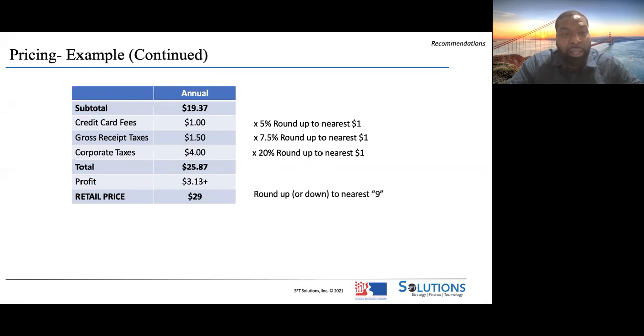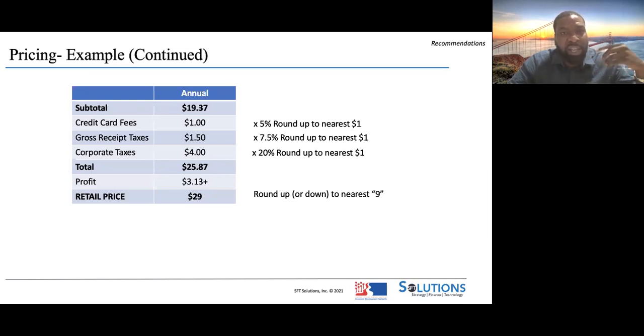Another thing we're going to talk about later in the class is use charm prices, which means end your price in a 9, a 99, or a 95. Why? Psychology has shown that consumers love those numbers, right? I dare you to find a sophisticated retailer, whether it be Apple, Samsung, Best Buy, that doesn't use this strategy when pricing goods. For some reason, our mind thinks that it's so cheap when it would be the same pricing, a MacBook from Apple at $1,500 or $1,499. $1 is not that big of a difference, but for some reason, we tend to favor the $1,499 price.